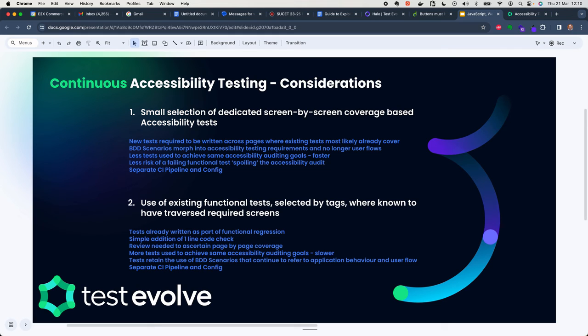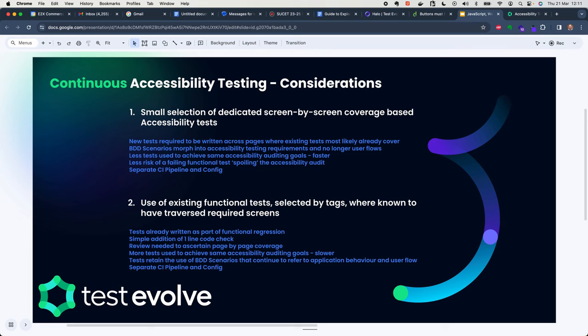All right, point number 3. So fewer tests can be used to achieve the same accessibility auditing goals. So you might figure out that, if you've got 15 pages on your site that you want to run checks on, I mean, you could do that in a single test. You can go from page to page to page, or you could break that down into 3 or 5 scenarios to give a little bit of separation. So it's potentially faster to, within an hour or two, you probably create all of the accessibility scenarios you would